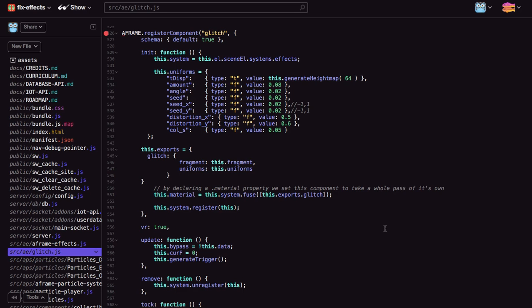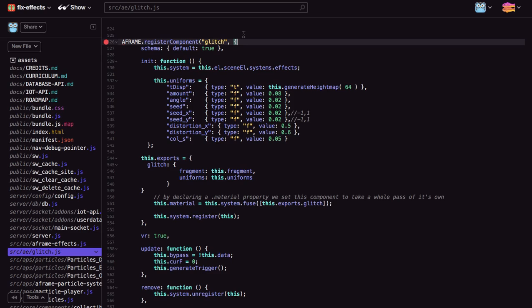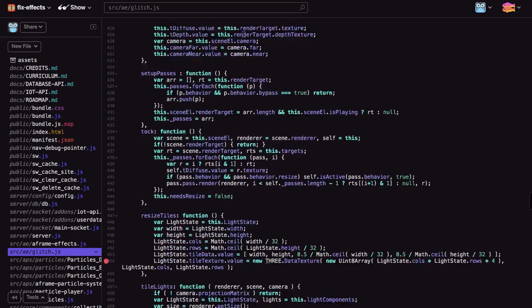Hello, let me set the stage for this issue I have with the newer A-frame versions 0.91 and 0.92. What I had in 0.90 was a working version of this particular post-processing effect right here. That's this glitch component, which tied into this